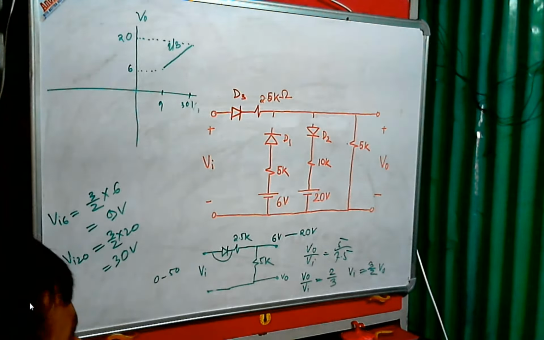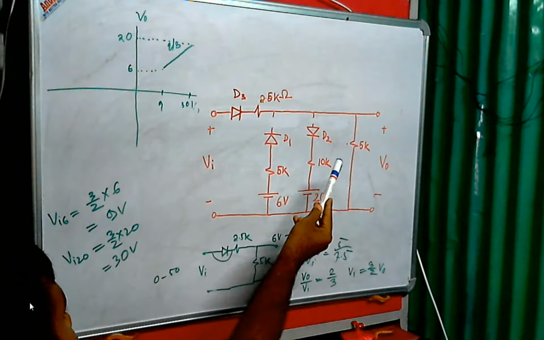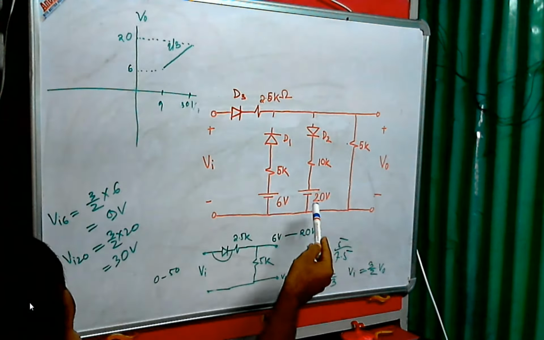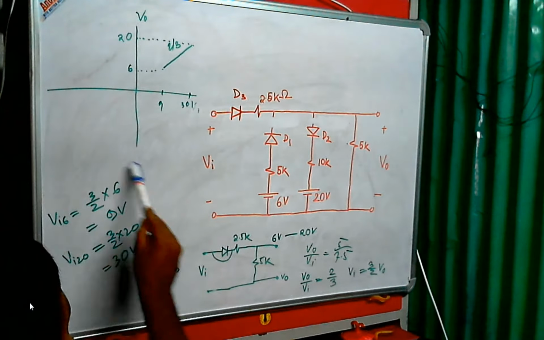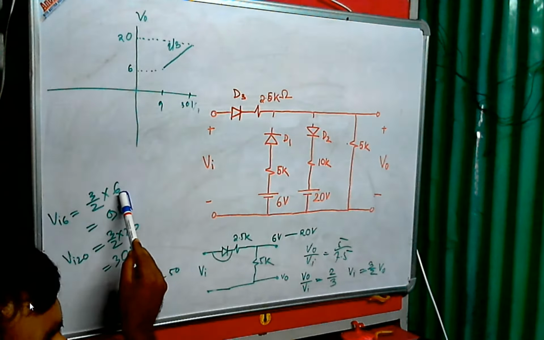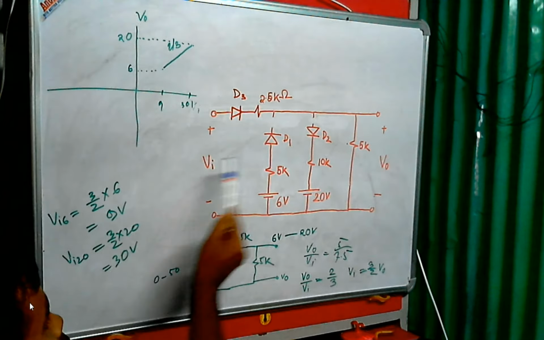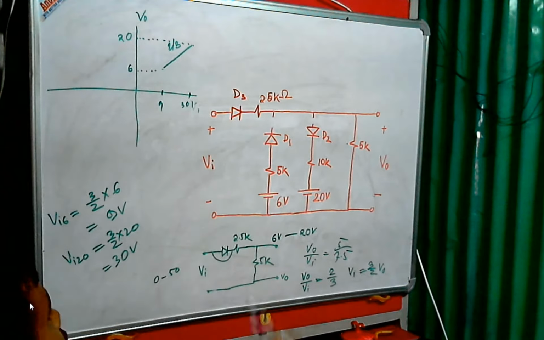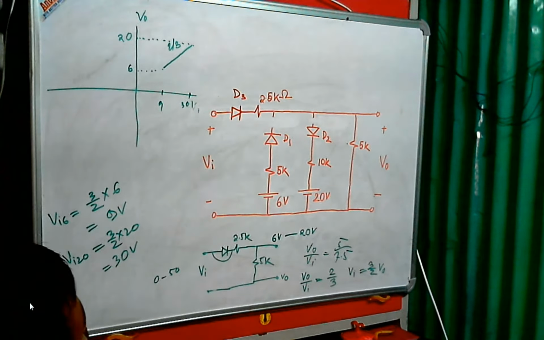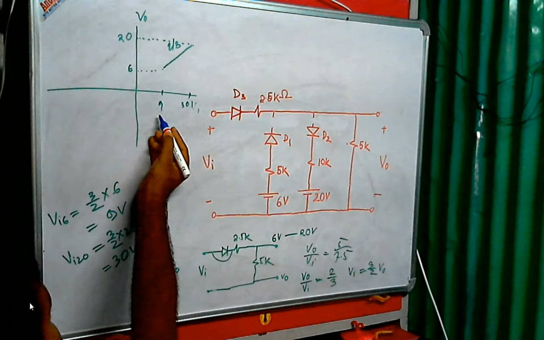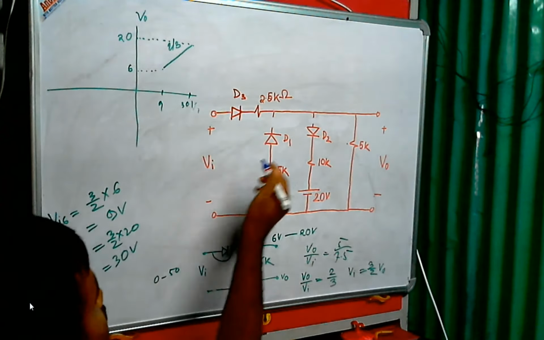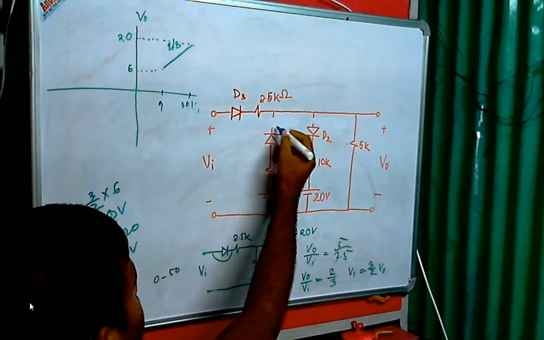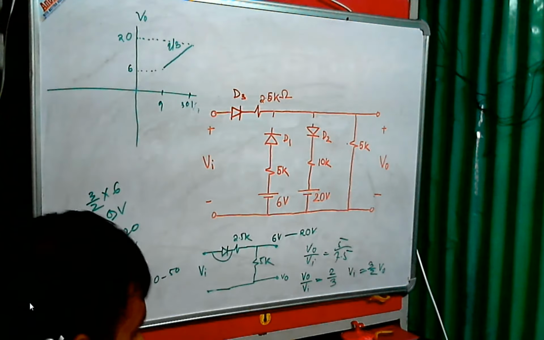Now you can see the output voltage less than 6 volt means this one. Okay, output voltage less than 6 volt. Okay, the D1 will be on. So output voltage less than 6 volt means the input voltage less than 9 volt. So in that condition your D1 will be on. So you can